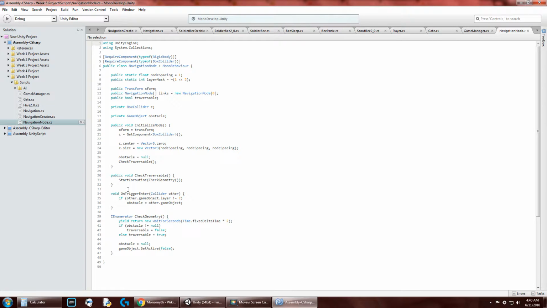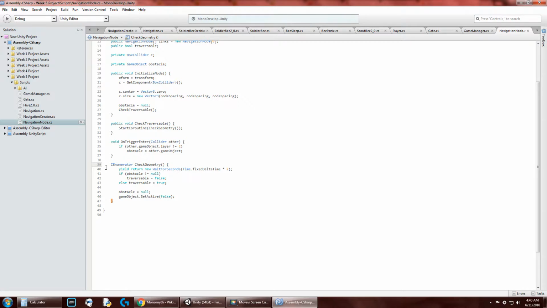I tried using Unity's physics class for updating traversable nodes. However, there's a bunch of issues with colliders in the area of, if a ray originates within a collider, regardless of whether or not it's the game object that is casting the ray, it doesn't return it. So instead of doing that, I opted to use colliders and toggle them on and off. This IEnumerator, check geometry,